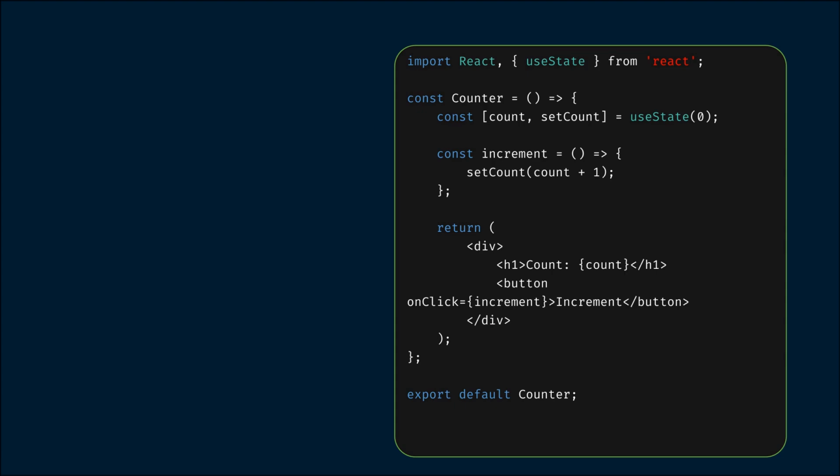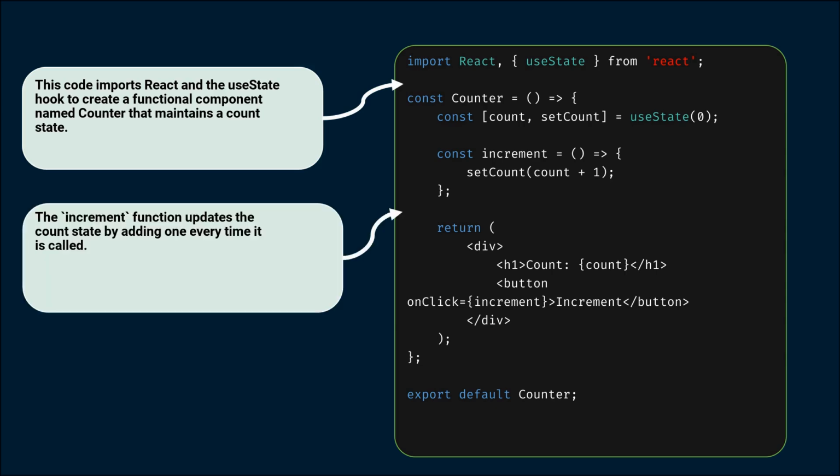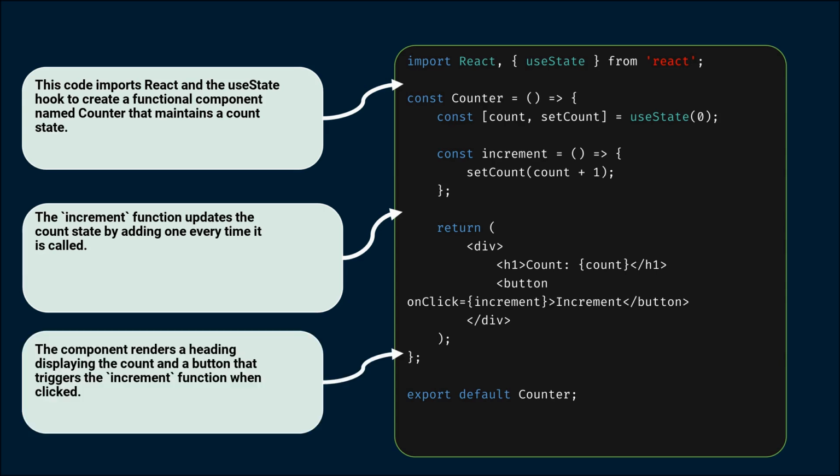Now let's see how we can implement a simple counter application using the useState hook in React. We start by importing React and the useState hook, which is essential for adding state to our functional components. The counter component is defined next, where we initialize the state variable count to 0 and create a function, setCount, to update its value. Within the counter component, we have defined a function called increment, which will be triggered when